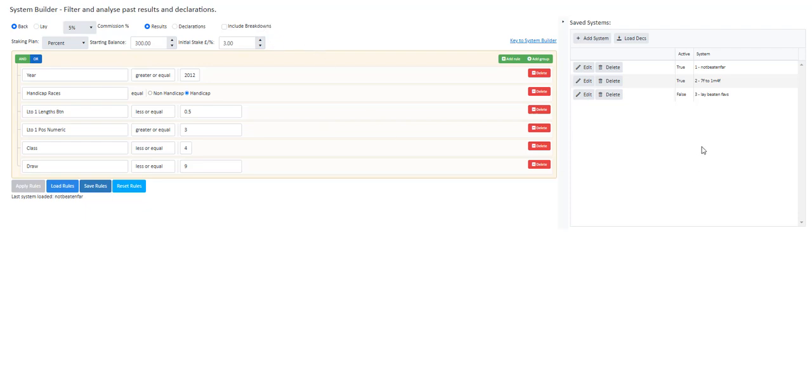Now, I just want to make sure that you are aware that whatever system, system rules and settings that you have open in the System Builder panel, which is named down here, is the system that will be saved when you edit, okay? So, for example, at the moment we've got this Lay Beaten Favourite system showing as false, which means if we run the declarations, we won't get these systems, okay? Now, we've got the Not Beaten Far system open here. If we want to change this false to true, and we just go and click edit, and we tick that box, sorry, and update this system,